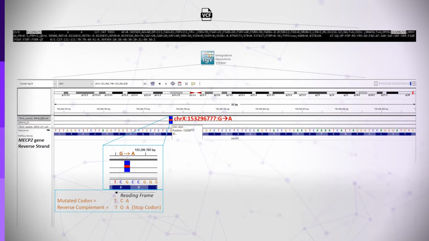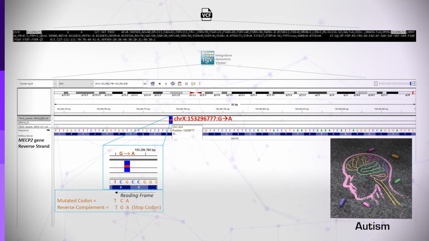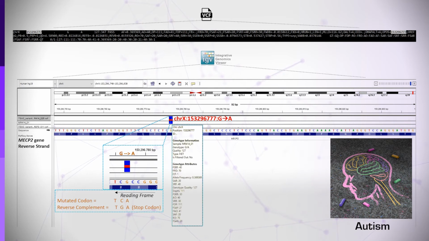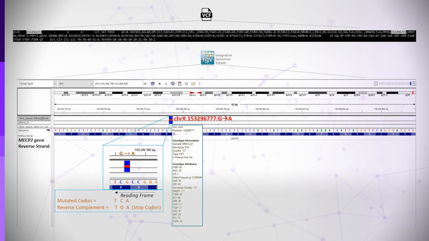A graphical view of the data using a genome browser helps a user to quickly estimate reliability. The figure shows one example, a single base change in the MECP2 gene that introduces a stop codon, so causing a truncation of the corresponding protein and producing an intellectual disability phenotype. The pop-up box provides access to genotype quality information. In this instance, the variant is already known to be pathogenic.